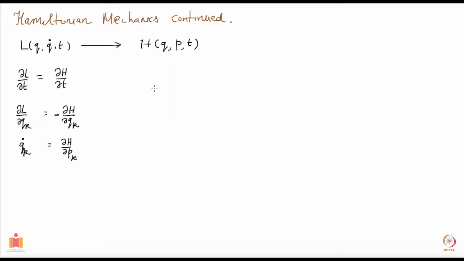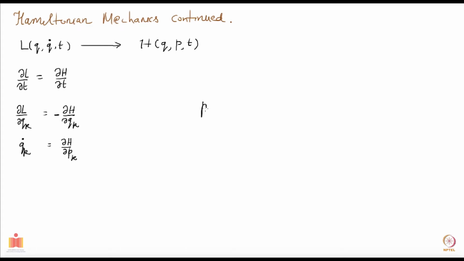These three equalities arise purely from going from L to H through Legendre transformations. You didn't use equations of motion for these to hold true. If you also further demand that the coordinate Q satisfies the Euler-Lagrange equations of motion, from that you can arrive at the following equation of motion.